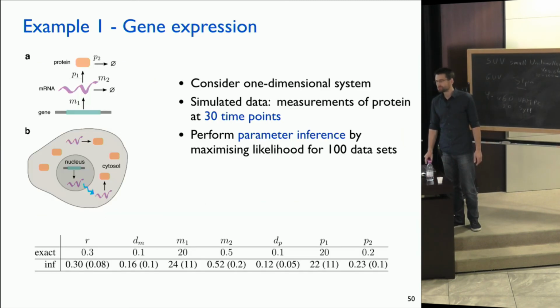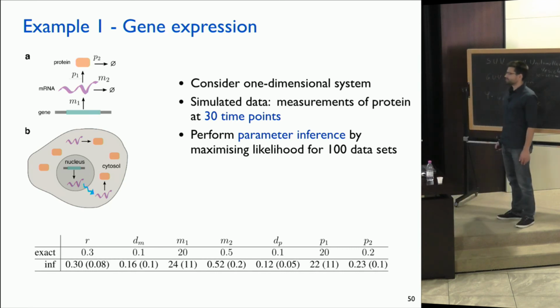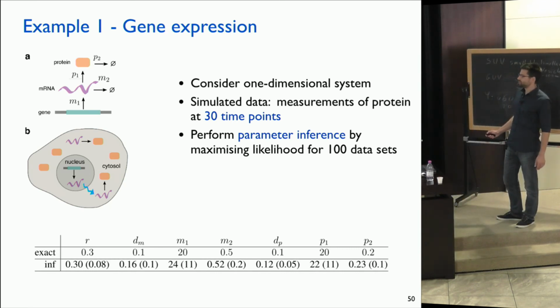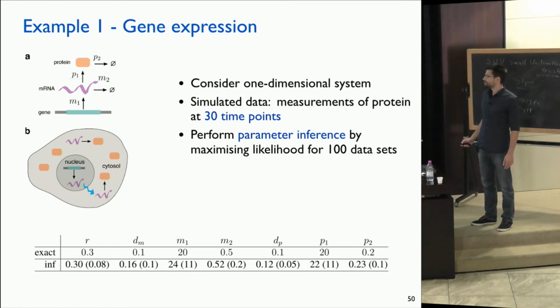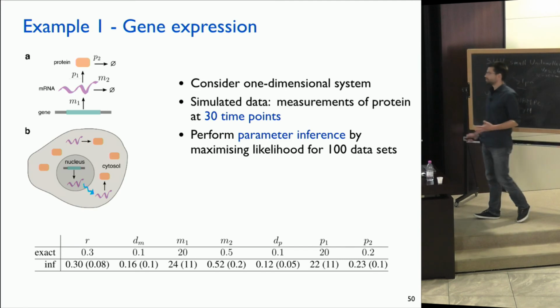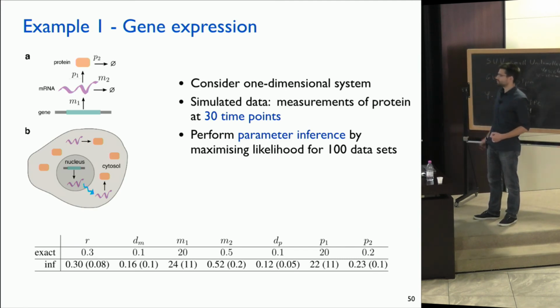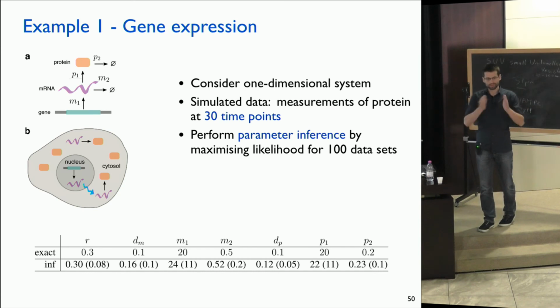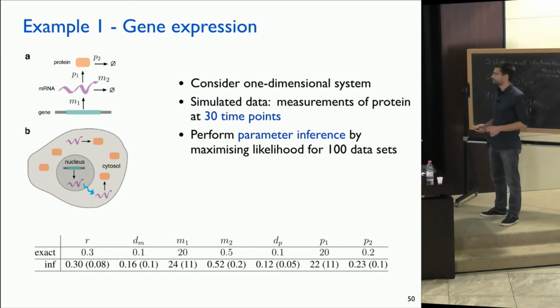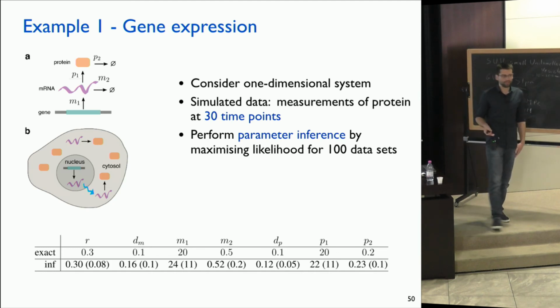Okay, let's come back to the original motivating example. For simplicity, assume that we have only a one-dimensional cell and the nucleus is on one side. And I assume that we don't see the nucleus, so we have an additional free parameter, the size of the nucleus. We have the diffusion rates of the two species, and we have the reaction rate constants. And I assume that we have only a partially observed system, so we only measure the locations of the protein. I simulate the process and then take 30 snapshots of the system, and then simply infer the parameters by optimizing the likelihood, which amounts here to just solving numerically a PDE.